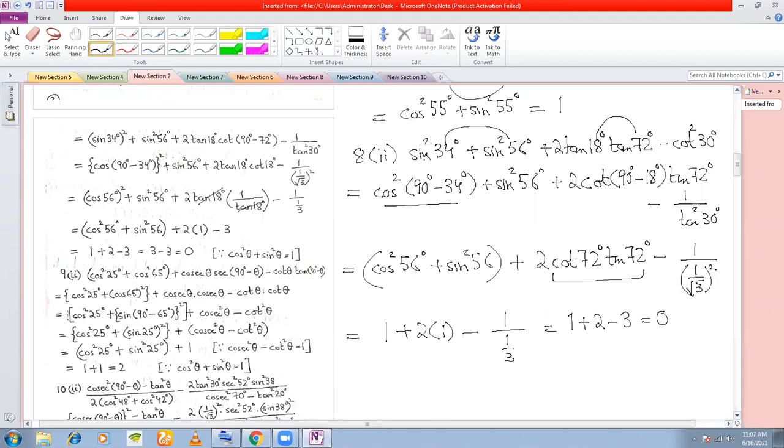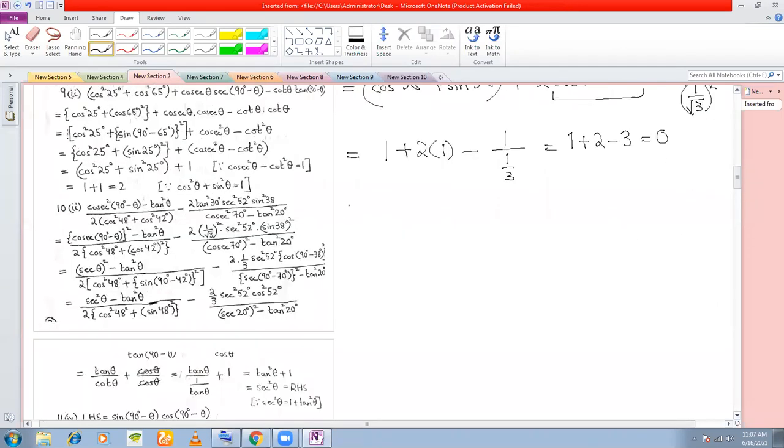Okay, we now move on to the main type of problems that should be coming for your examinations. We start with 13.2. You have to prove here 1 minus cos A into 1 plus sec A is equal to tan A sin A.